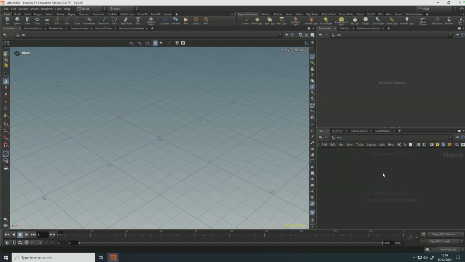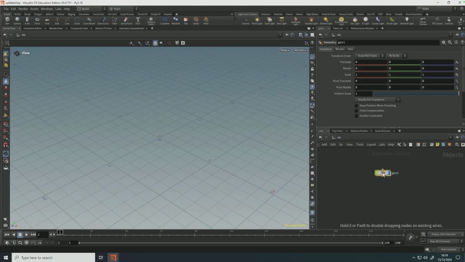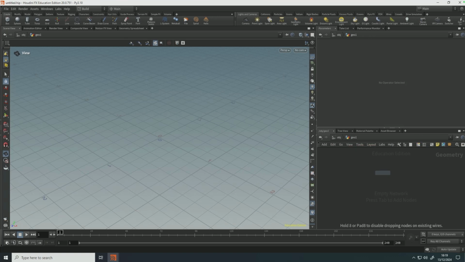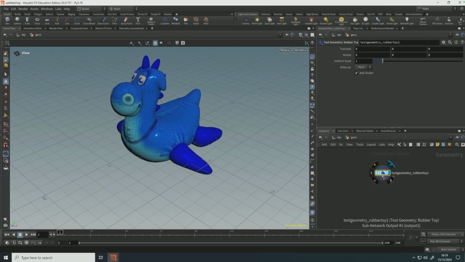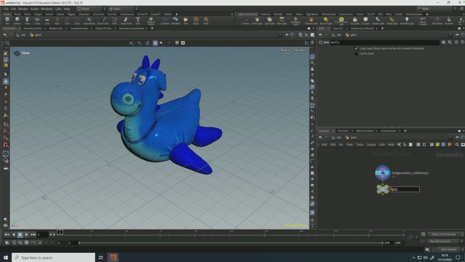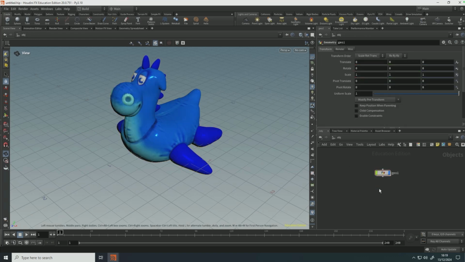What you're going to want to start off by doing is dropping down a geo, diving in, dropping down a test geo rubber toy, but you can use whatever you're planning or wanting to have fluid fall and endlessly fall from. Drop down a null, name the null flip source, make that visible, come out of that view, drop down a dot net. This is going to be our